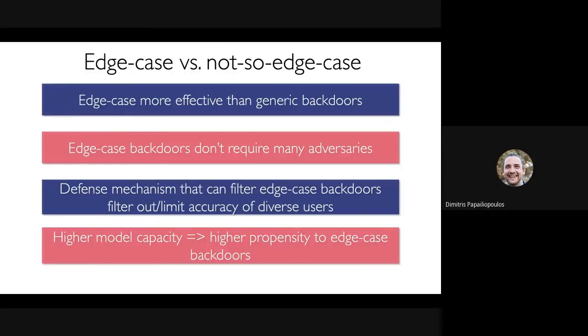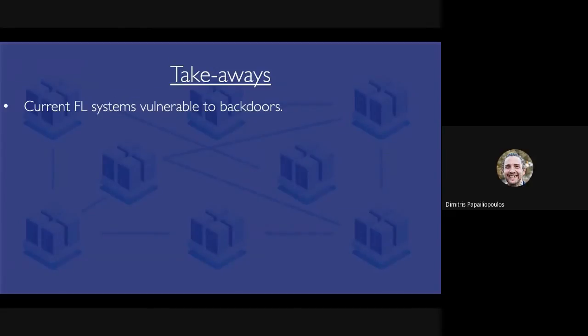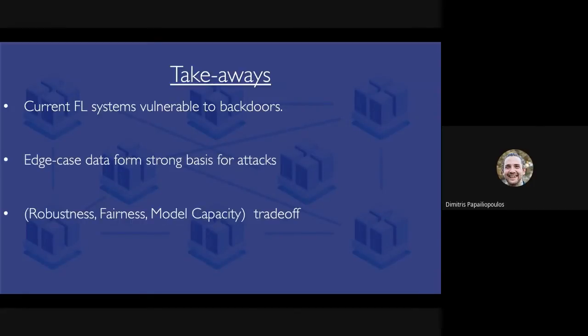I'm happy to discuss experiments, we have a lot in the paper, but just to wrap up, the point of this work is to show that there exist backdoors that current systems are vulnerable to. These are built on edge case datasets. A lot of the results from our work highlight a very interesting trade-off between how robust your models are, the fairness that you can achieve, and the capacity of those models. It leaves open the question of whether we can come up with provable defense mechanisms. For that open question, I don't have any good ideas, and I would be very happy to chat more with you. But with that, I would like to conclude.